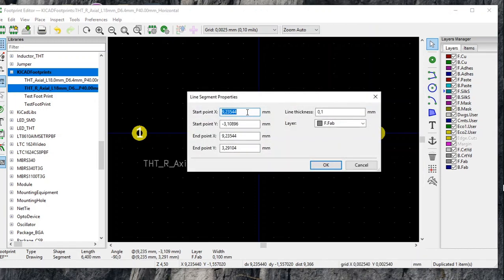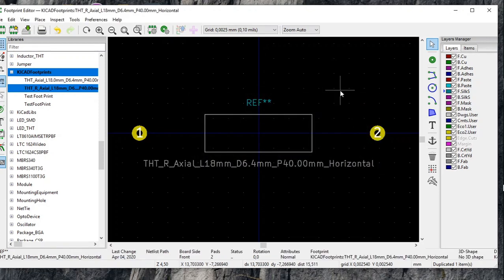It must be minus 3.2, and it must be 9, 0, and plus 3.2, and line thickness 0.1, F.Fab, front fabrication layer. And there we are. Here we have the outline of the component, and now we must just add